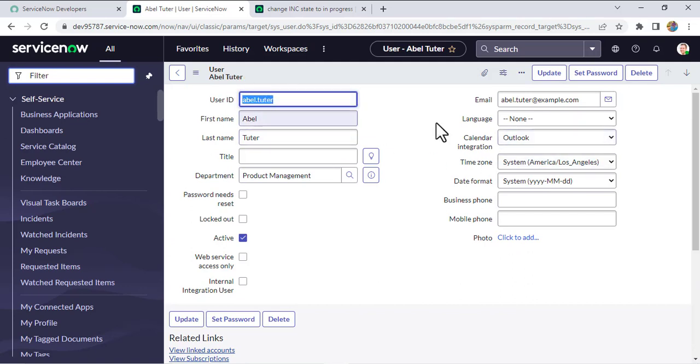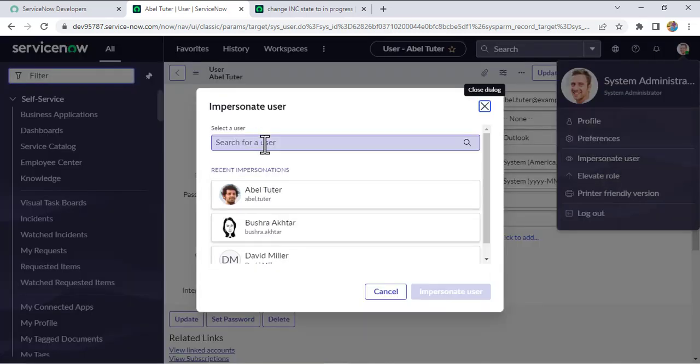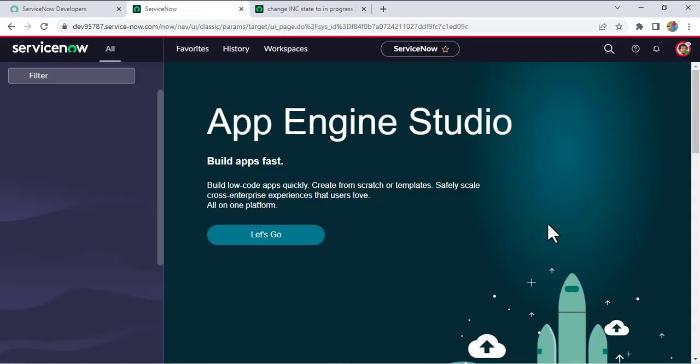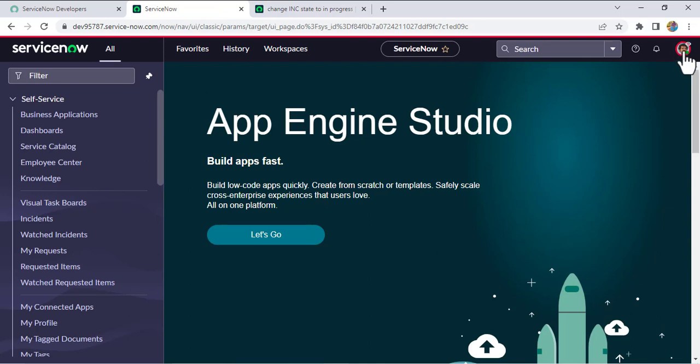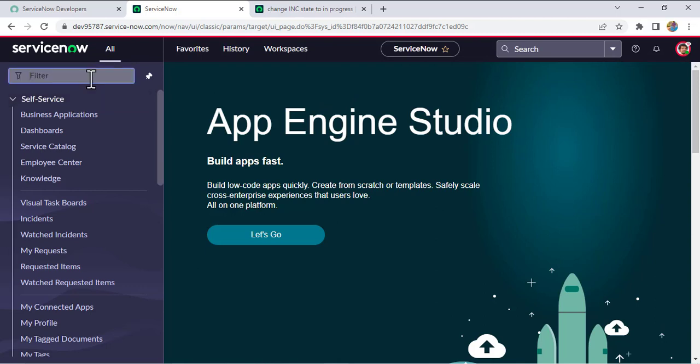So I'm just copying their user ID, and I'll click on impersonate user. I click on Abel Tutor. So now if you see, currently I'm logged in as Abel Tutor. Now let's check it out again. So I'm just going to incident,